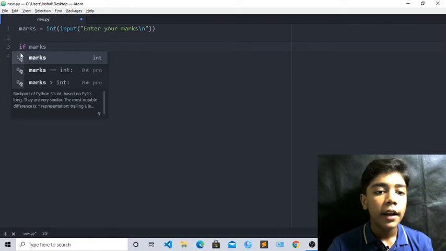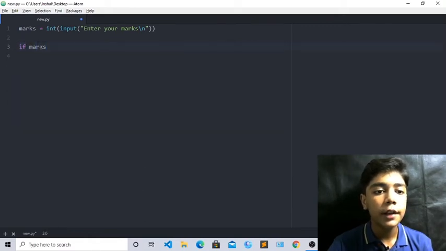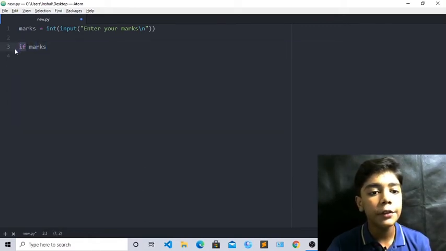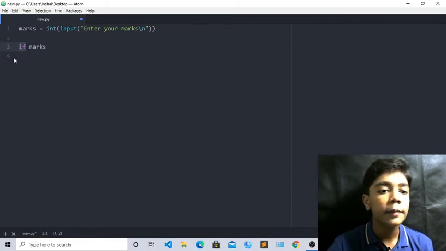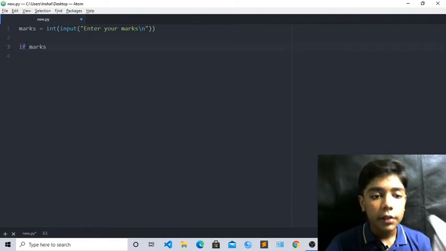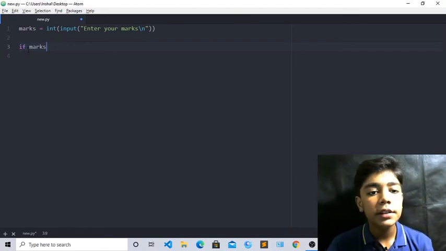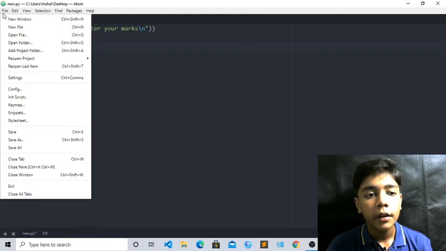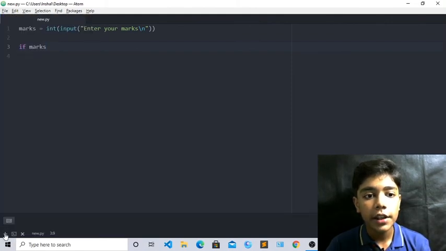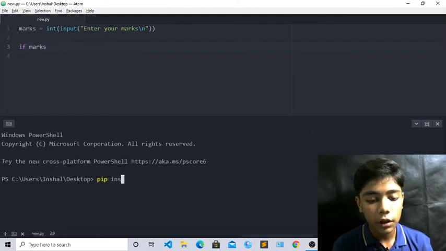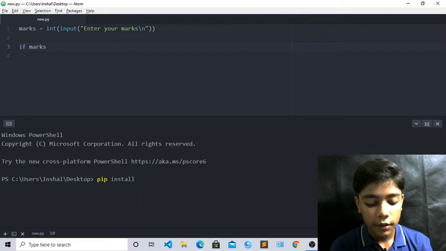I hope you remember this if tag because we have learned about this many times. In if statements, when we were building the car game and the guessing game, we used this if tag many times. And today we are using this if tag with marks here. First of all save it, now we will check. Pip install \n here.